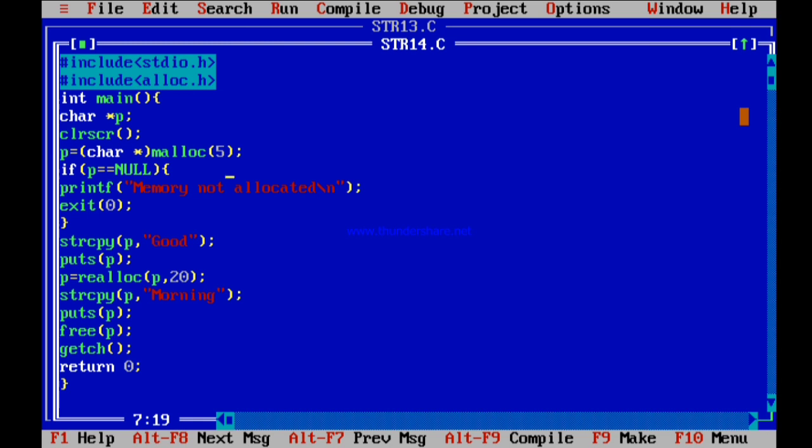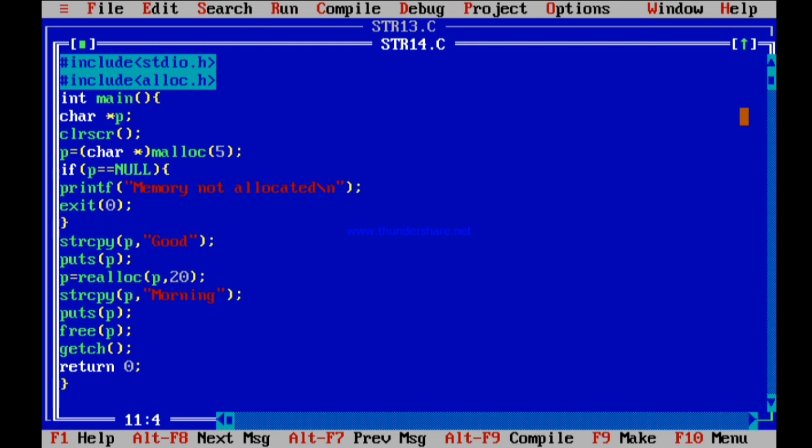This is a regular statement that you have to perform with every malloc or calloc function. That means you need to check whether that memory is allocated for you or not. So I am just checking whether my p is equal to null. That means your memory is not allocated. I have to say that memory is not allocated and close the execution of the program, so exit 0. If memory is allocated, that p equals null will become false. So that means your memory is allocated, and there is no stopping of the program execution.